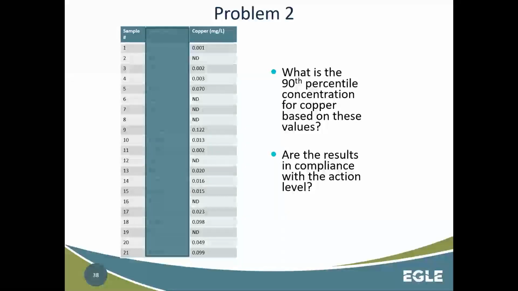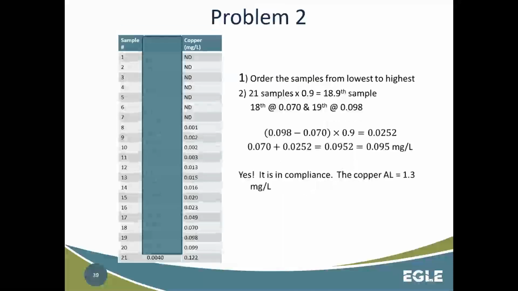This time we're looking at copper. That's not the part that makes it tricky. We're looking at, because now you have 21 samples. Okay, so you don't have that direct sample, the direct number of that 90th. Okay, so like the same way we take those copper values, you order from lowest to highest. So lowest being up here, highest being down here. Okay, you're going to take that 21 samples this time, and you're going to multiply it by that 90% or 0.9, and you're going to get the